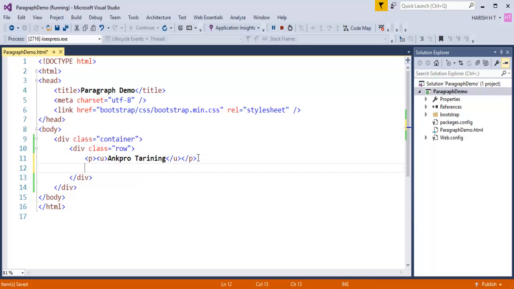Similarly, we have some other tags. Let me name it as Ankpro training. Now let me add the s tag. S stands for strike through. In the sense, whatever content comes between this strike through tag, it's going to strike the text. Similarly, let me copy this so that I can copy and paste very soon. And the next tag present here is,